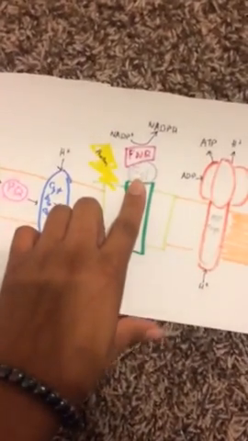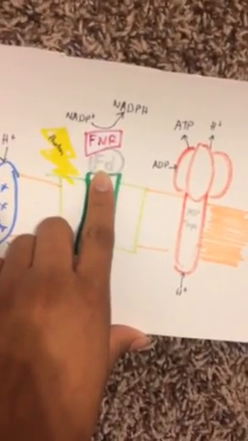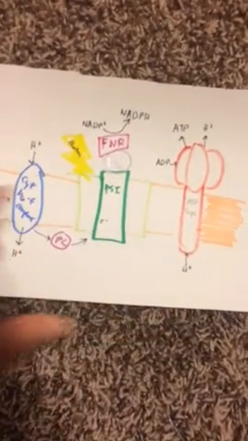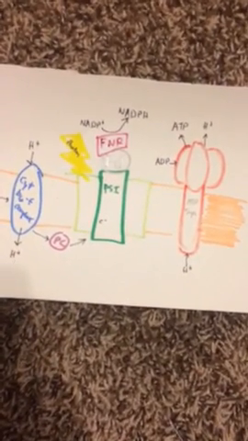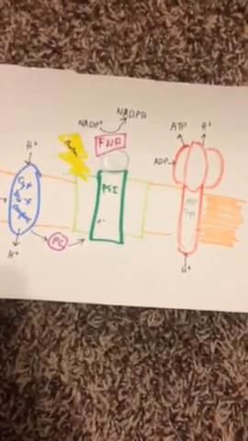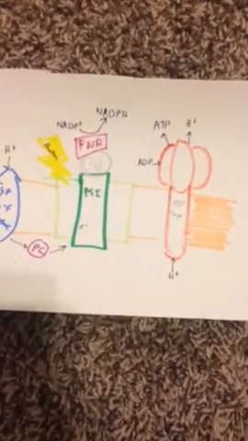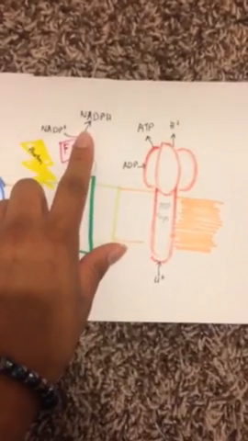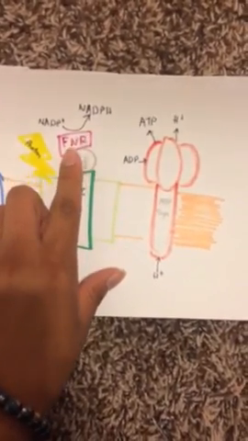So this electron gets sent up to one last electron transport chain, and it gets picked up by this protein right here, which is actually ferredoxin. And ferredoxin is the last electron carrier, and it accepts the electron from photosystem 1, and in order to keep it going, it is catalyzed by FNR right here. This enzyme comes in and catalyzes the electron transport chain, and this FNR is ferredoxin